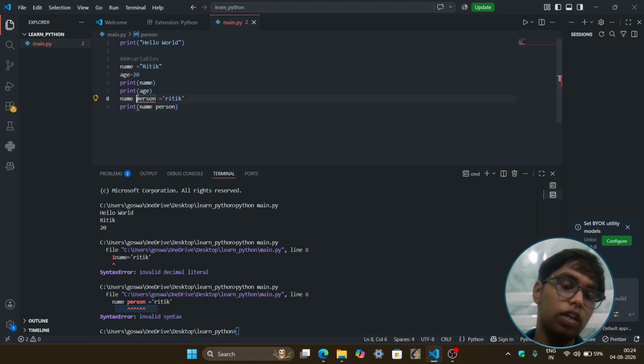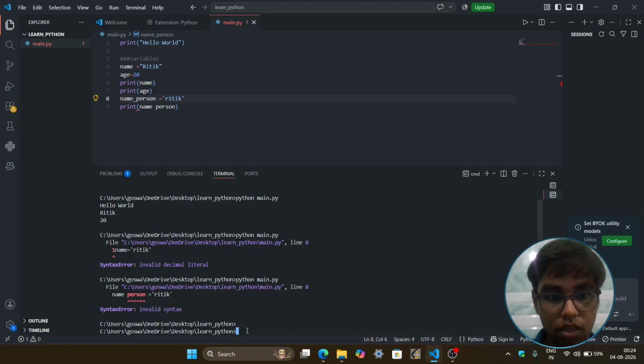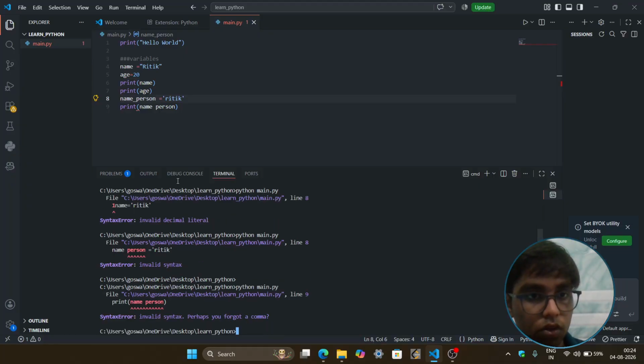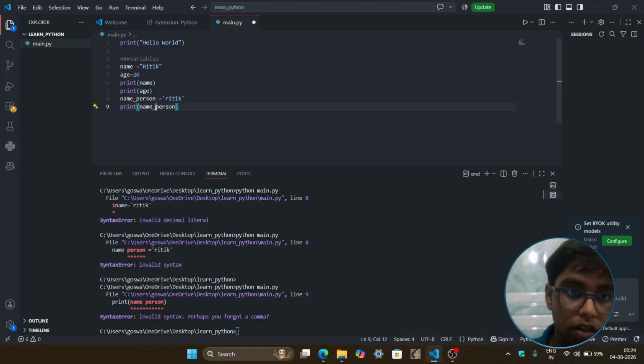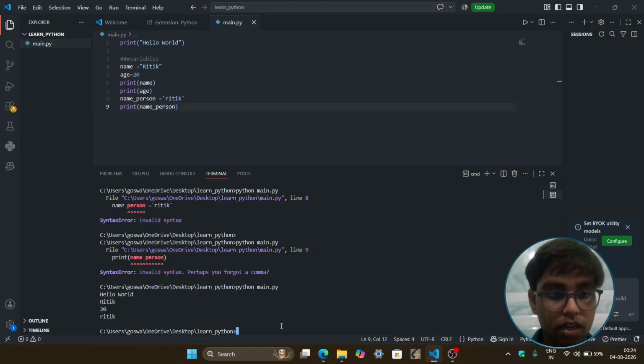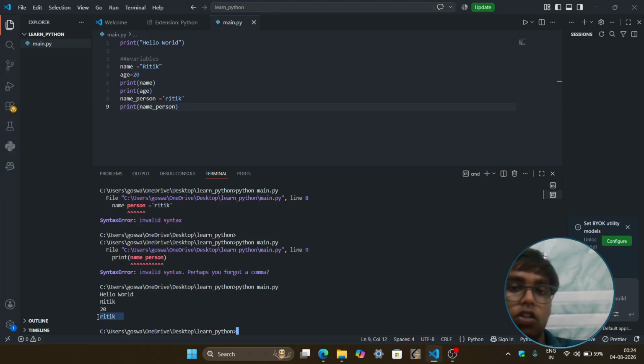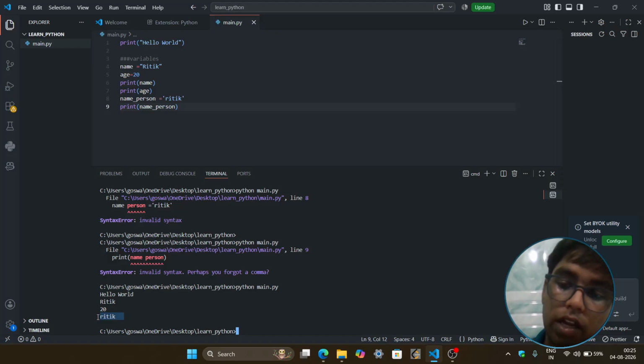So if you want to give a particular name, you can use an underscore and it will run okay. Python main.py, and that's it. Oh sorry, I forgot to put the underscore here. Now save. Now you just write it, and here it prints my name. So that's all that I'm going to tell about variables.